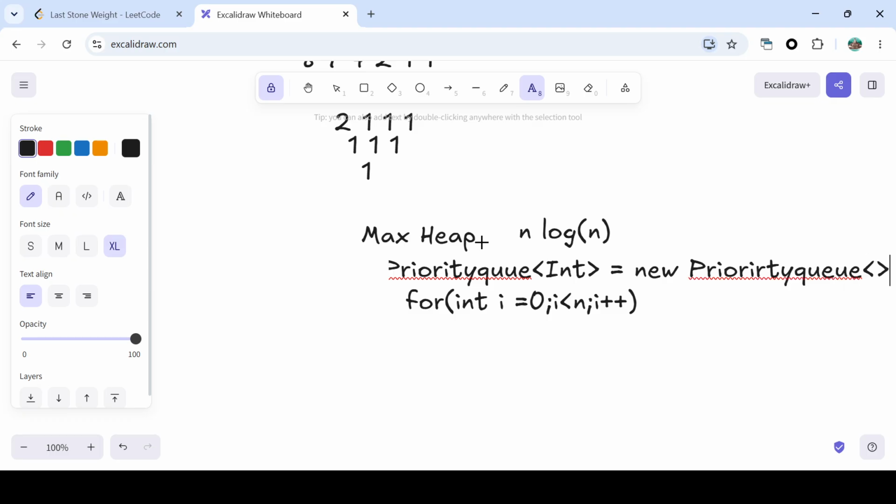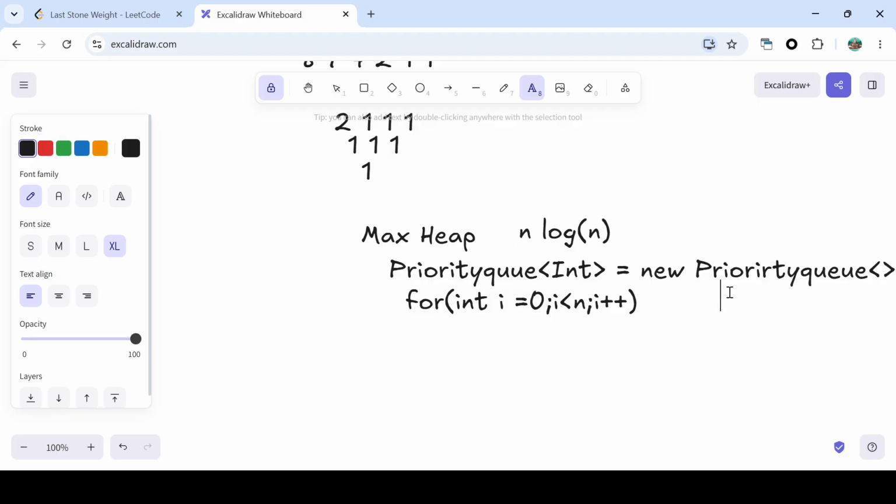Priority queue, and we have to reverse it. We need to get the result in descending order, so we can just write Collections.reverseOrder. We can use another approach also. We can use a comparator, and using a lambda function we can also write the reverse order. Here I am using Collections.reverseOrder. Using this technique, we then have to fill in the values. So we have to add to the max heap using offer or add. We'll add all the values